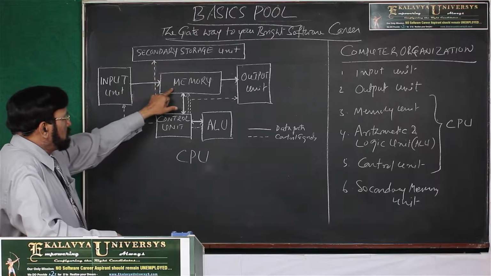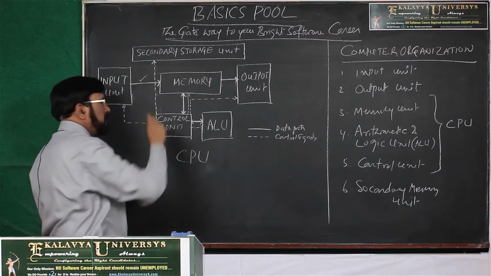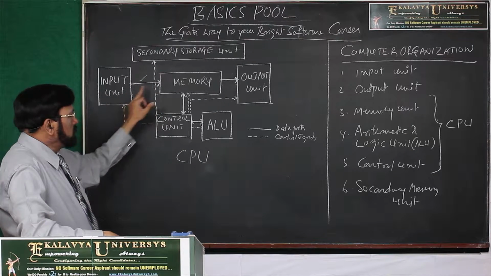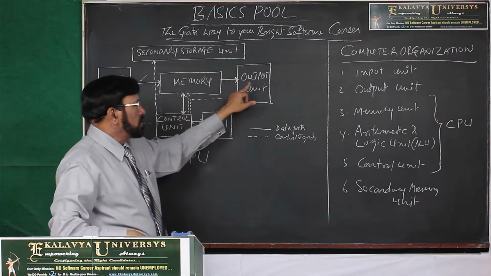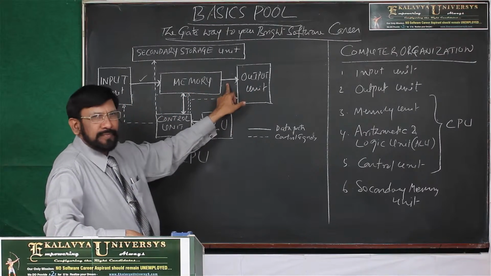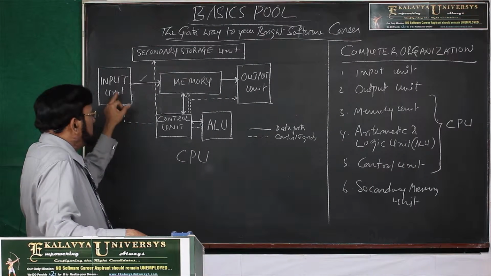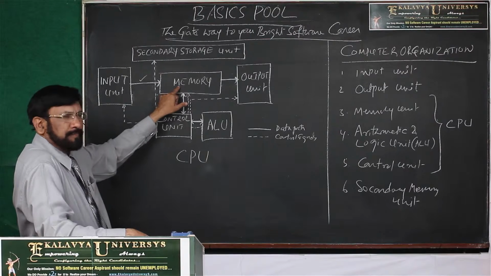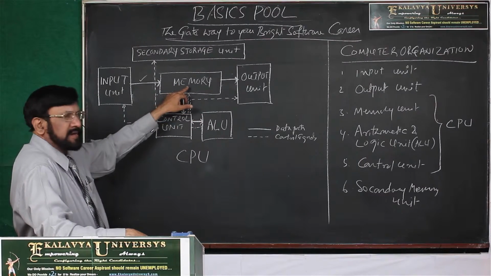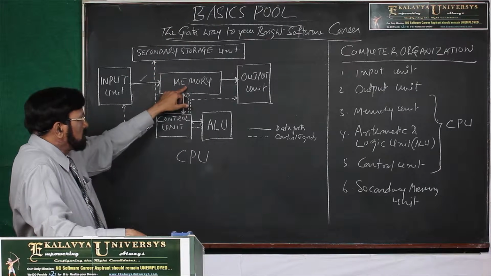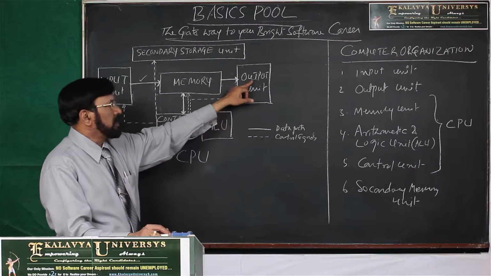Input unit to memory unit: here only data is passed from the input unit to memory, thick line. From memory unit to output unit, only data. You know that while you are entering data, that is the reading process, and the data is stored in the memory. Whatever final results are generated, first they are stored in the memory,